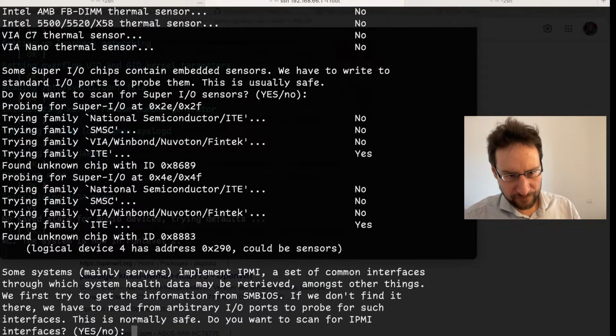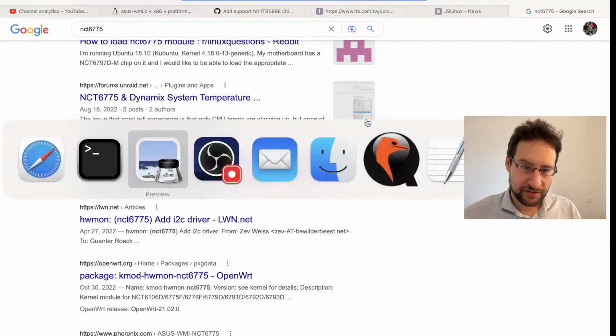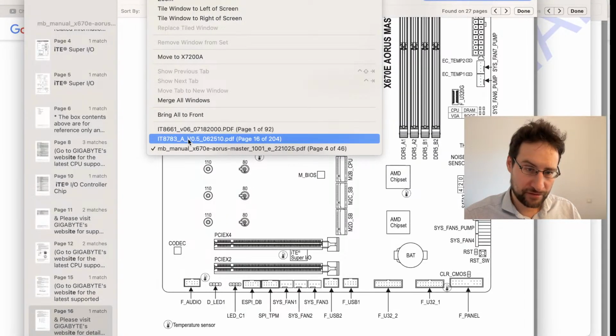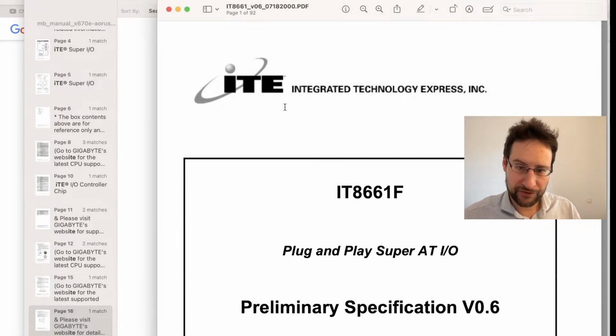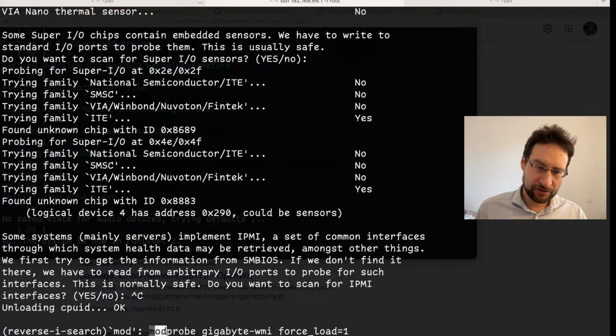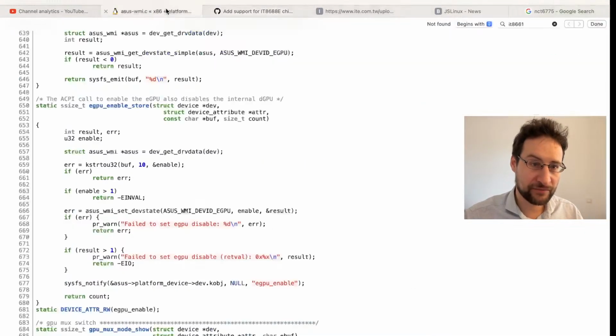So what that does is it's low-level I/O port probing, dangerous stuff of poking around directly without kernel drivers. And that finds here an unknown chip with ID 8689. So that is most likely another variant of this IT super intellectual proprietary top secret Super IO stuff. And I, like other people on the internet, already found, and that is the thing, right? If you Google for this stuff, like at support there somewhere,